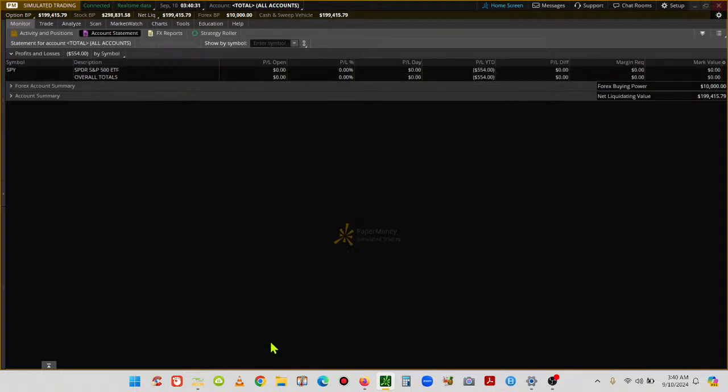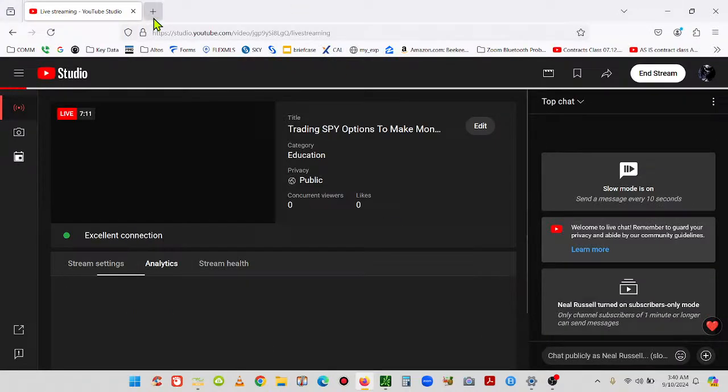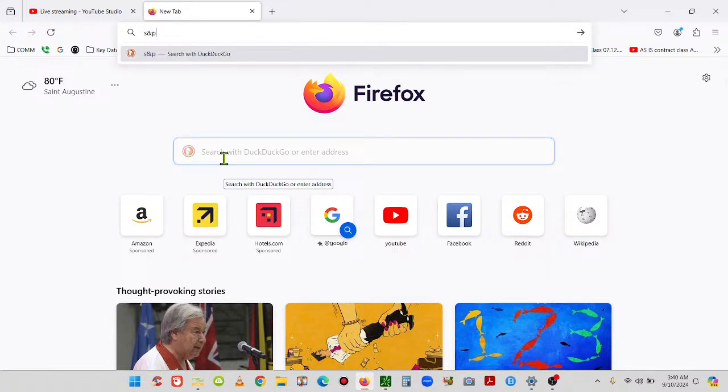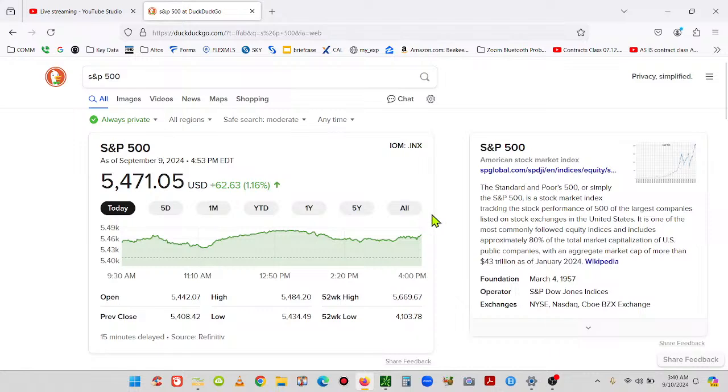So what is the S&P 500? Shall we look it up? S&P 500 into search. And you're going to see that it's the Standard & Poor's 500, or simply S&P, is